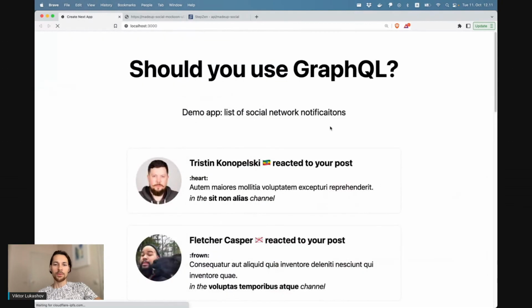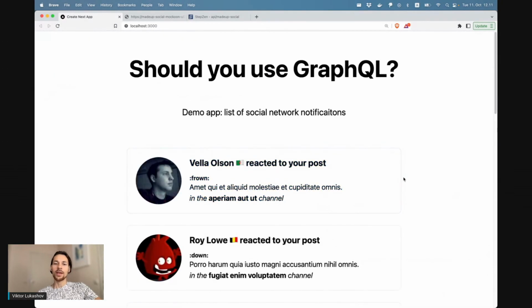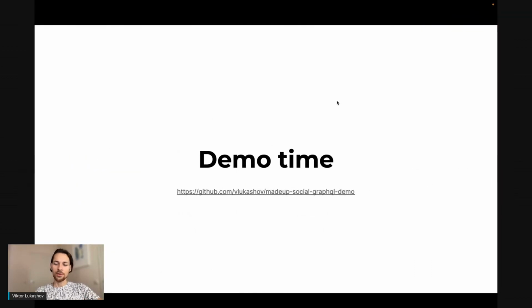And now my product team is happy. They are validating their hypothesis because nothing else has changed except for now there is a flag here. The page load times remain the same. The number of network calls remains the same. The data still comes from the same API, but the GraphQL layer hosted by StepZen does the fetching and caching. Now, switching back to slides here, demo time is over.